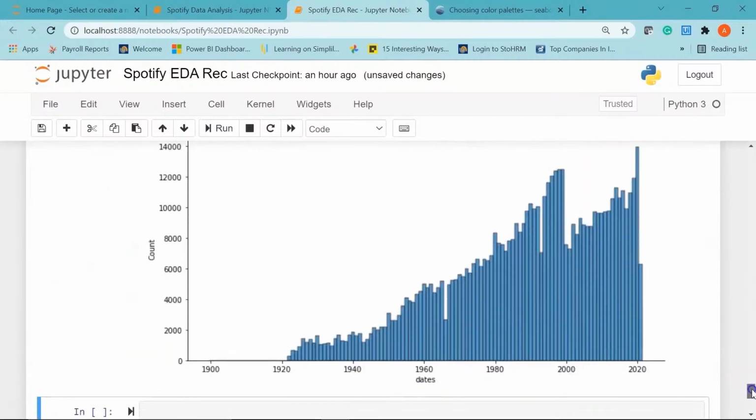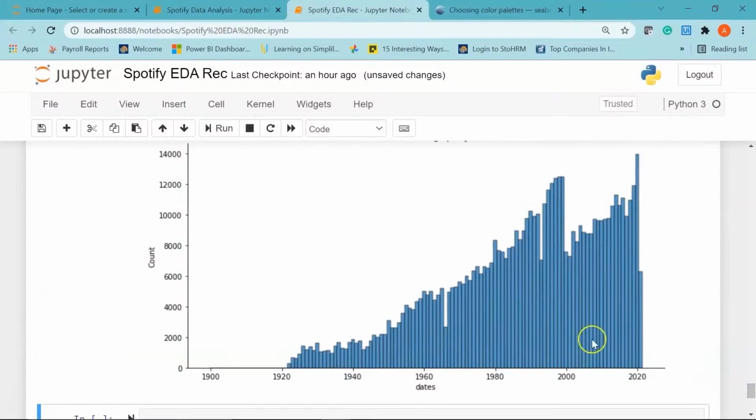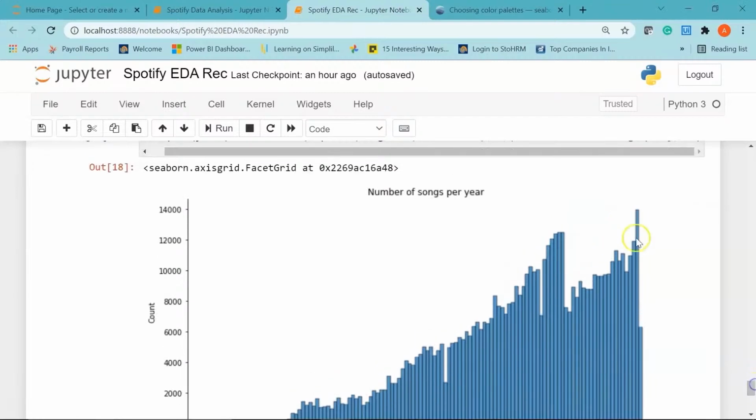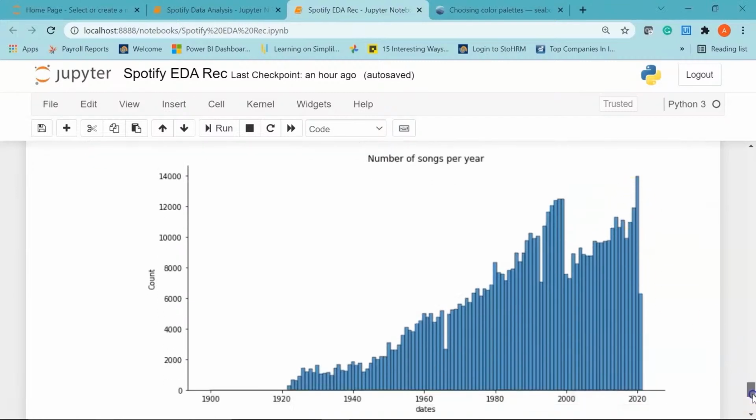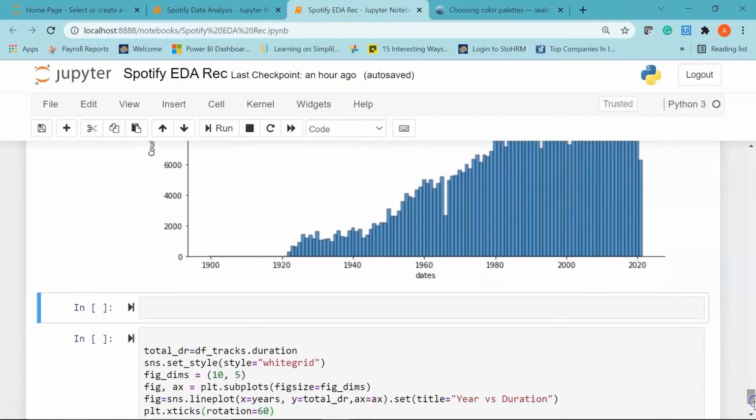Okay, so here you can see I have my distribution plot. So the plot tells us that the number of songs for each year in the dataset according to their release date have increased in the recent years since music became more accessible to people globally with technological advancements. So earlier you can see there were very few songs available in the 1920s. Later on the number of songs increased rapidly, and now you can see we have a lot more songs available for people to listen. Cool. Now